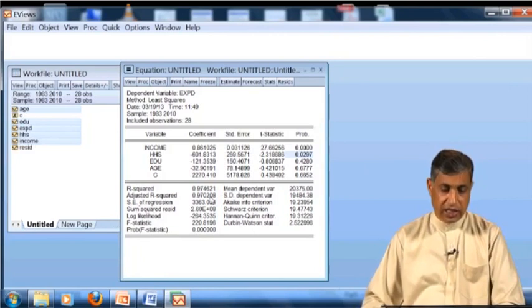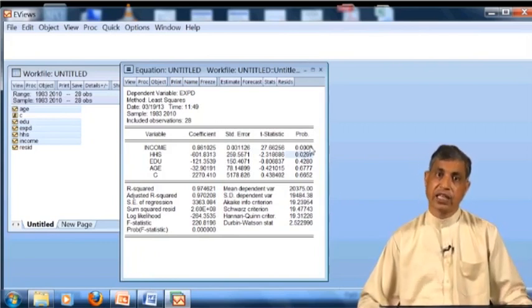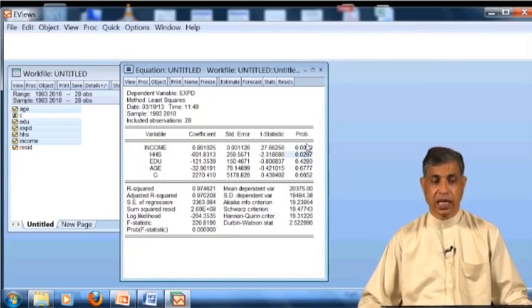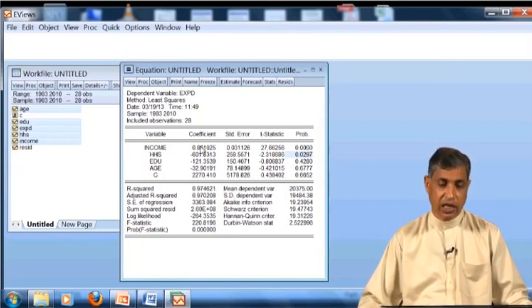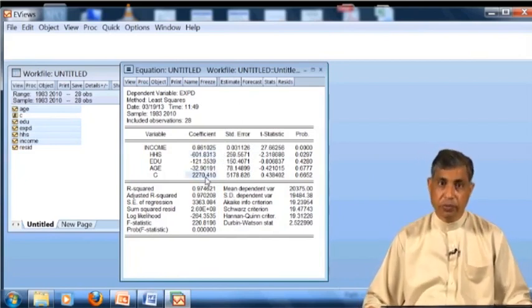So this is the adjusted R square we studied, and this is the other statistics. We are interested only in the p-values that will tell us whether it is significant or not significant. Look at the coefficients' magnitude here. So the coefficients, these are beta 1, beta 2, beta 3, and so on, and this is your beta 1, and this is the intercept here.